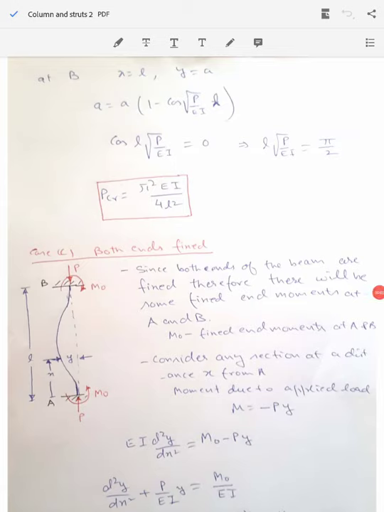We were discussing the column and struts, and in our last class, we started our discussion with the concept of stability. We discussed what is stable, neutral, and unstable configuration, and we also looked for that in the stability of the long column, and we find that when the axial load that is being applied on the column is less than a certain critical value of the load, the column remains stable. That means if some disturbing force acts and the force is removed, the column reverts back to its original position.